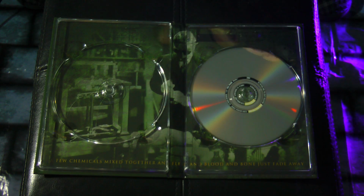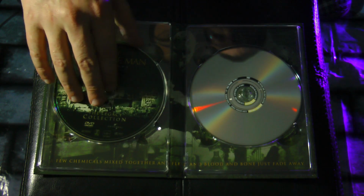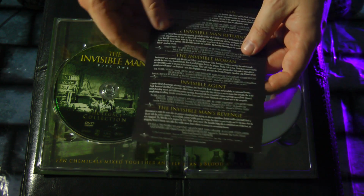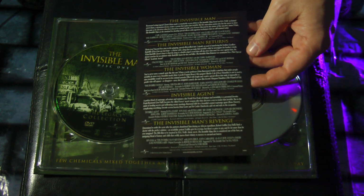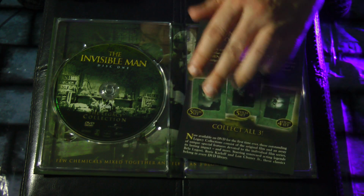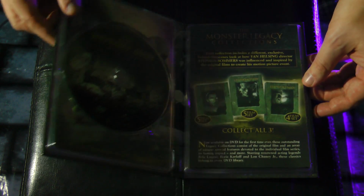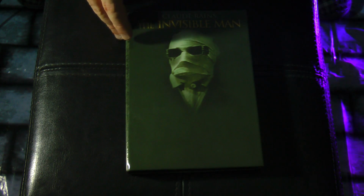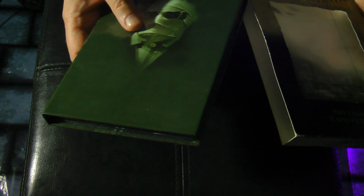No, not really. I'm glad to see that Universal has finally abandoned the flipper discs, and actually a lot of their TV show sets, which utilized them, have since been reauthored to single-sided discs, which is quite nice. So I'll just put that back in here. I think the only trailer on here was for the Invisible Agent, which was one of the sequels. And then we have the